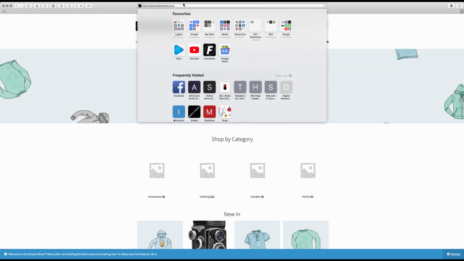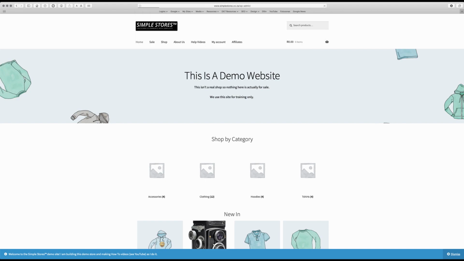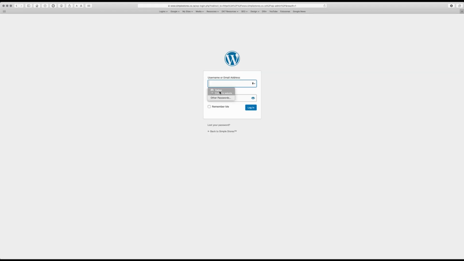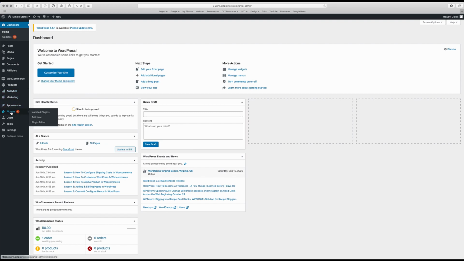So what I'm going to do first of all is just log straight into WordPress. I have my password for this dummy website saved into Safari so that I can get in easily, because I hate remembering passwords. Okay, so over on the left hand side here in the menu, you'll see that under the plugins item we have this indicator that tells us that 4 of our plugins need to be updated. So if I go into the plugins item,